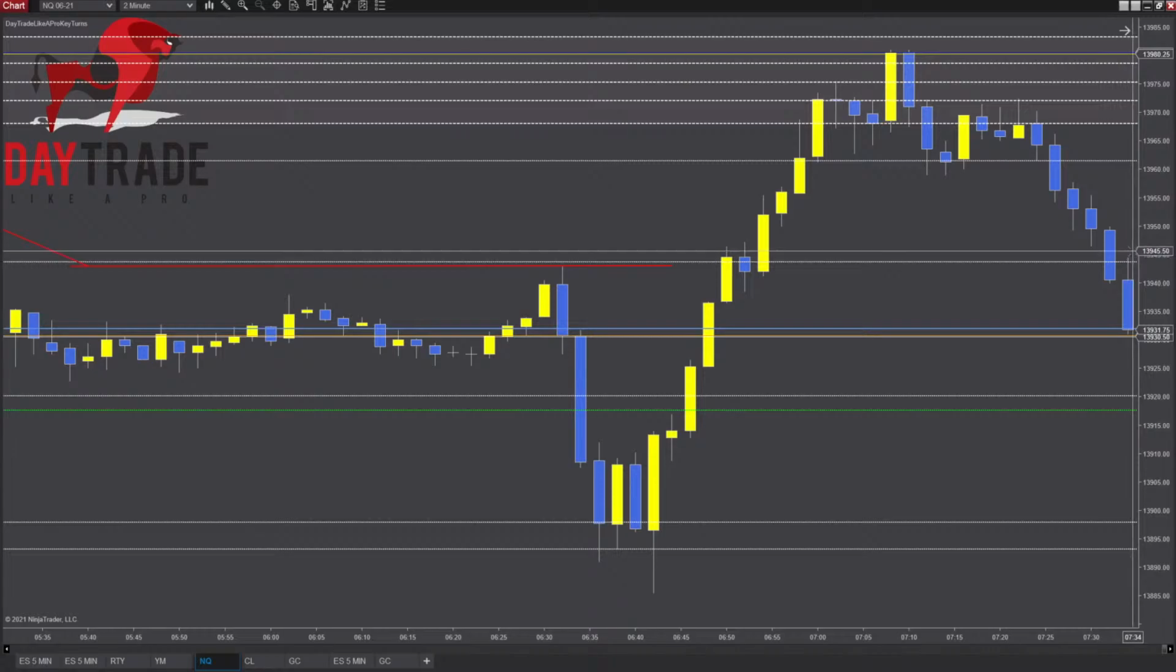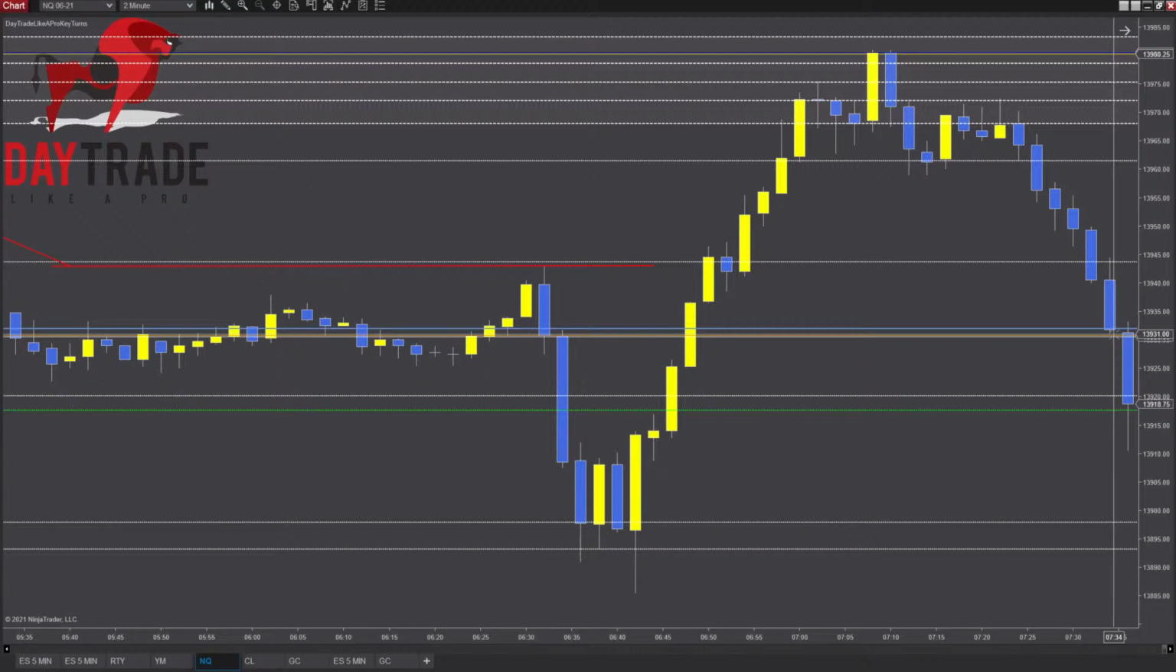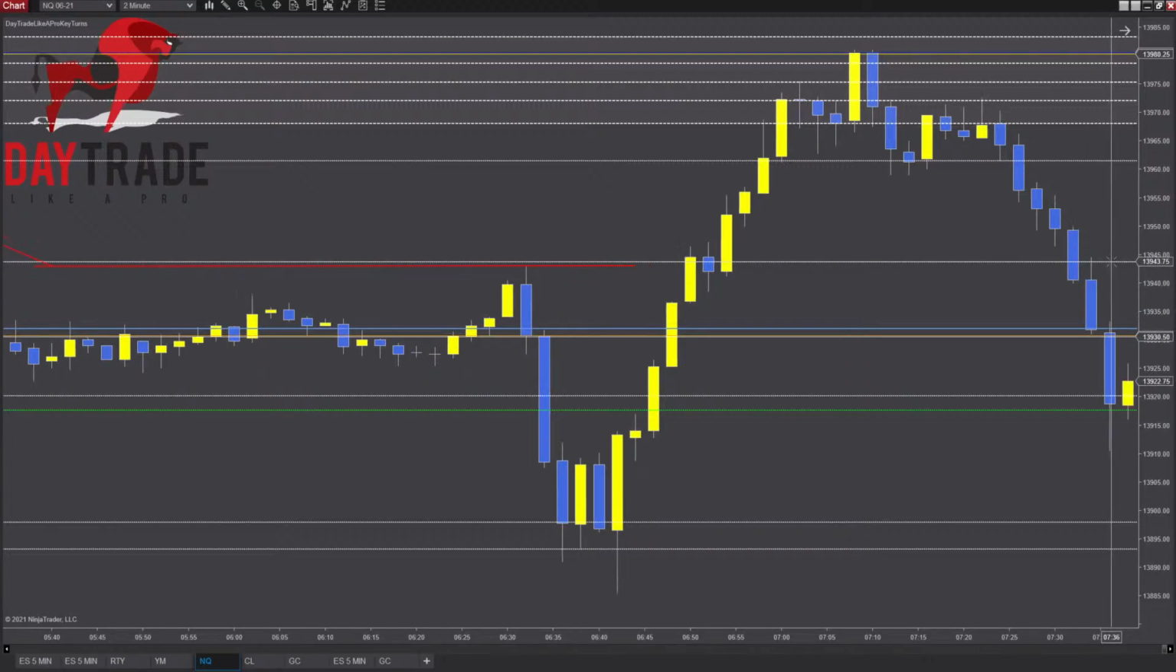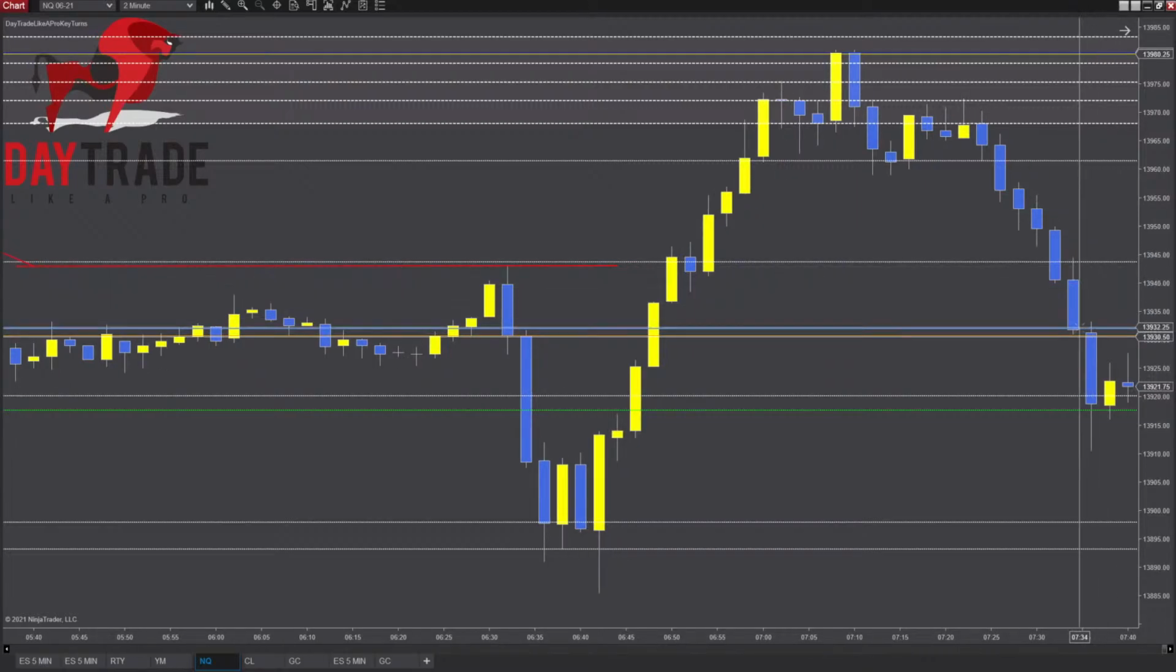This is where being calm, being collected, seeing, okay, what's the market doing? Where can I get in? Where can I get out? What's happening with the market at that point? So it came right back, tested right here, and then down to,